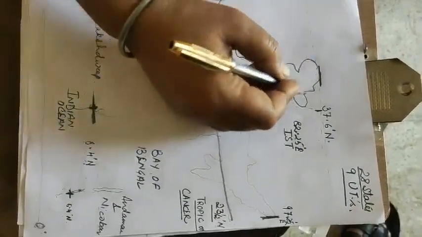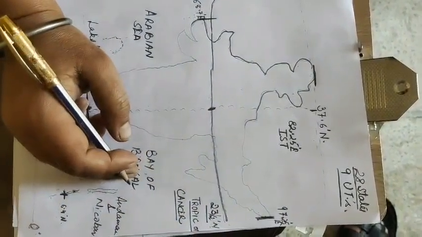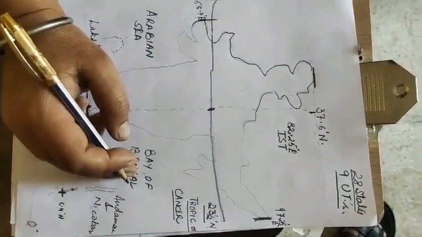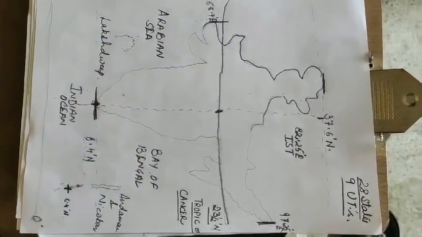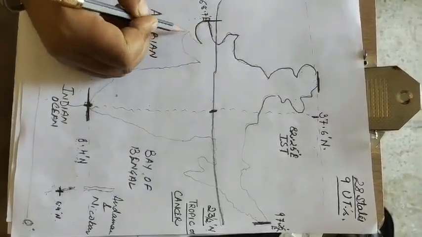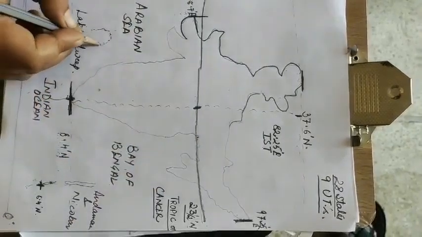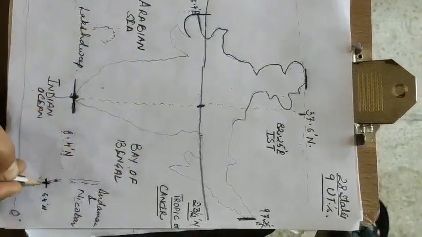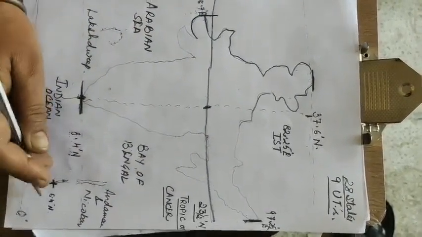Now this whole area is approximately 15,220 kilometers, and we have a long coastal line that is starting from this part of Gujarat to this part, and including the coastal lines of these islands, it comes around somewhere